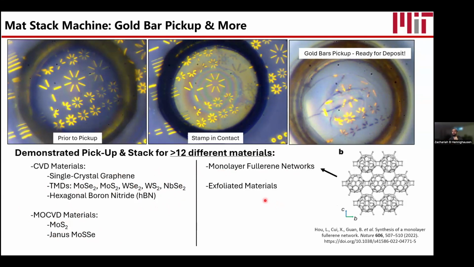So far, even though we need to improve our cleanliness, our stamps and our precision, we are able to pick up these materials, and we're hoping to iron out some of the cleanliness and other things and start churning out results and heterostructures and hopefully collaborate with people who can do some of the characterization. Let me quickly show you guys stamping, what it looks like from the camera viewpoint, and it will make some of the explanations more clear later.